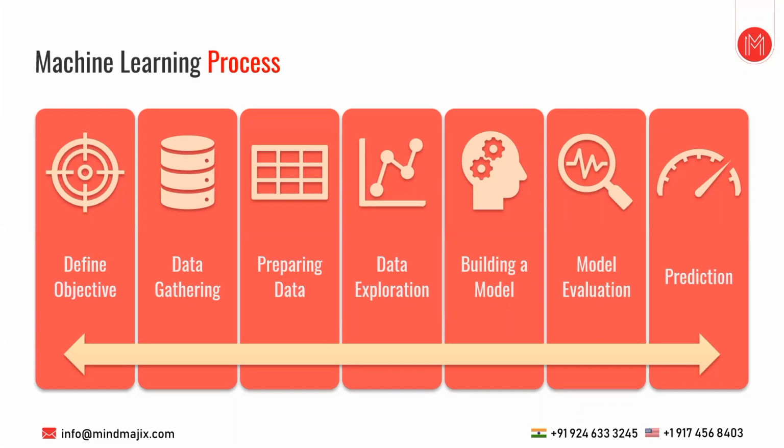Step number two is data gathering. At this stage, you must be asking questions like what kind of data is needed to solve this problem? Is the data available? And how can I get the data? Once you know the types of data that are required, you must understand how you can derive this data. Data collection can be done manually or by web scraping, because sometimes we have to take data from a website. However, if you are a beginner and you are just looking to learn machine learning, you don't